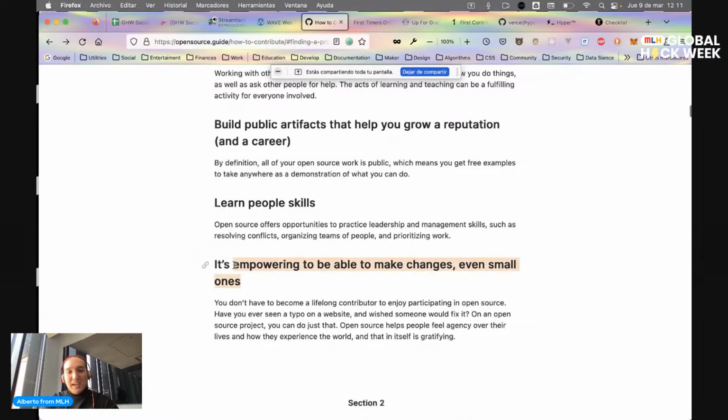It's empowering. I think this is a very good one. When you contribute to open source and your contribution gets approved, like the owner said, okay, this is good, let's put it in your project, you feel a way I cannot explain.